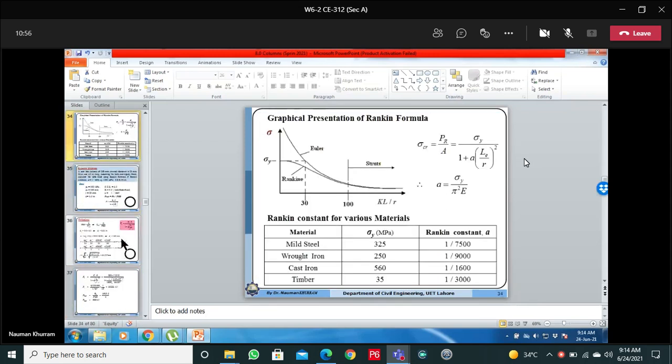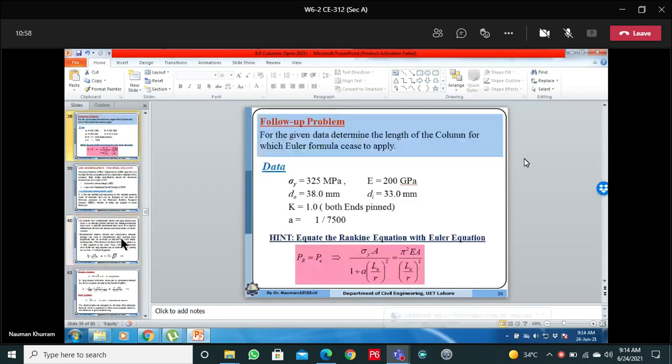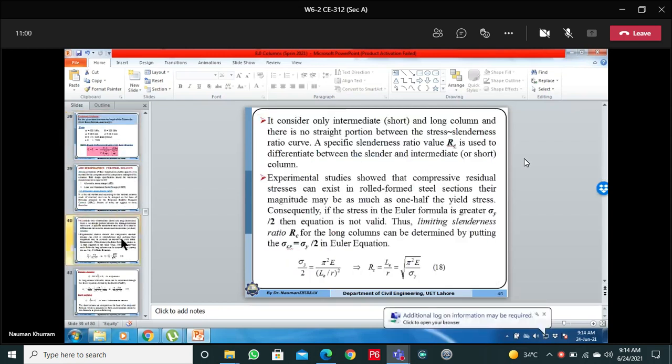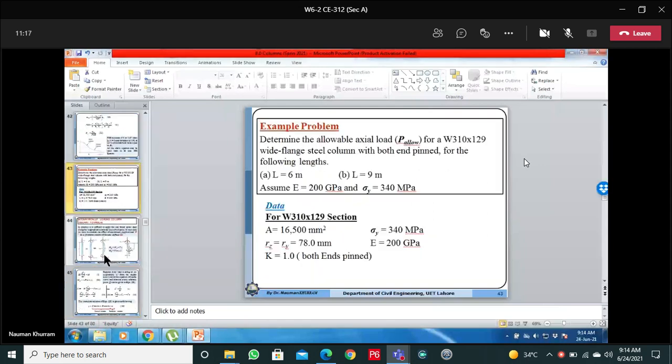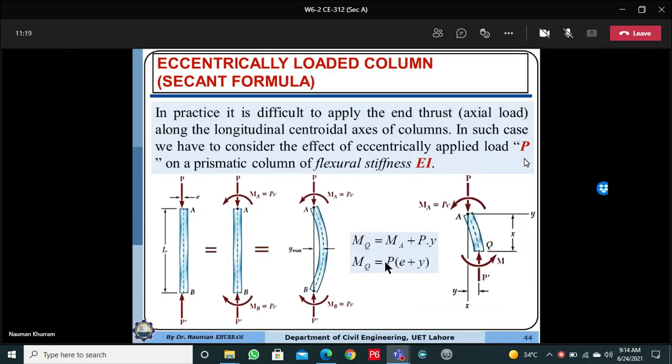So if we have any eccentricity on a column, or the column is subjected to eccentric load or bending moment along with axial forces, how can we compute its capacity? We are studying this particular secant formula. If you see the derivation, we have to derive two expressions. One is to determine the maximum out of plane total deflection due to the applied load, including the bending moment. So you have come up with this expression.